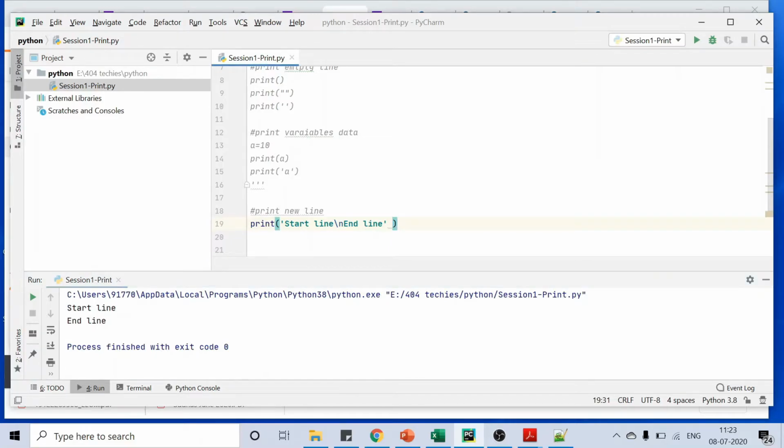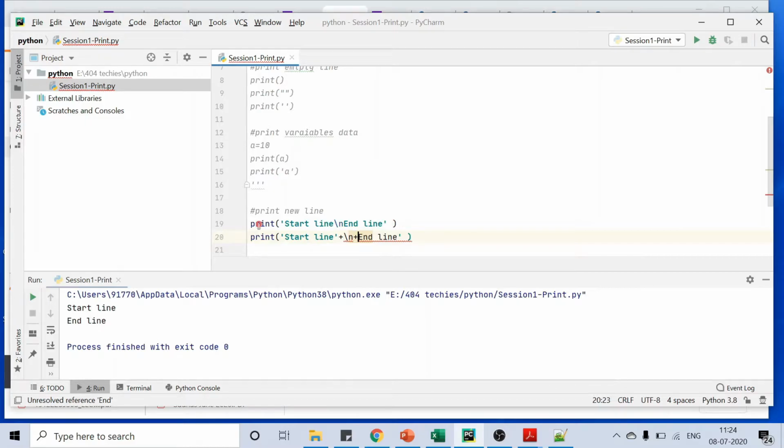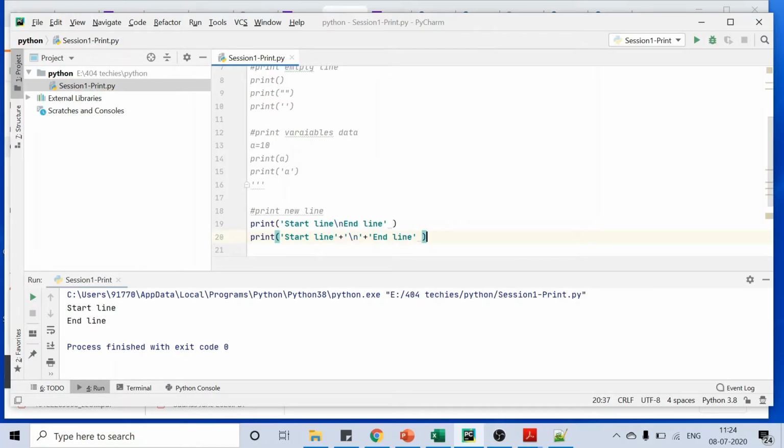You can also achieve this using the plus operator: plus slash n plus.